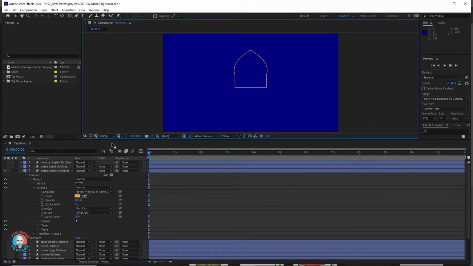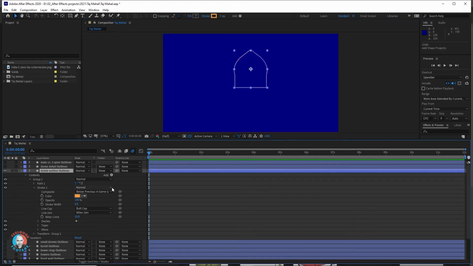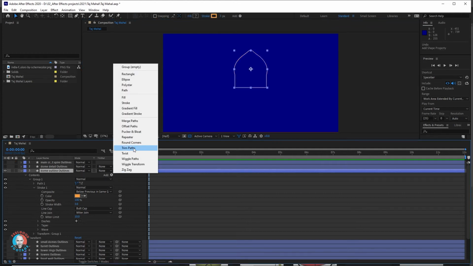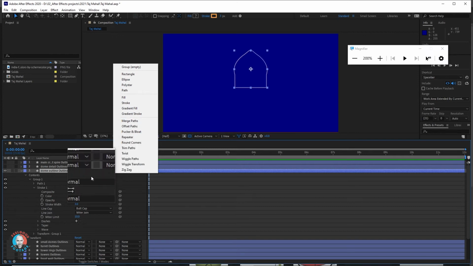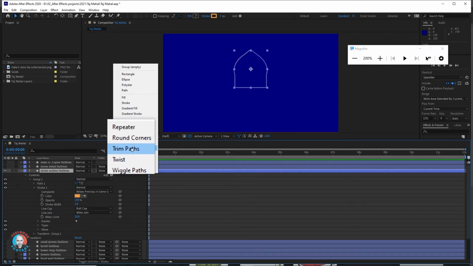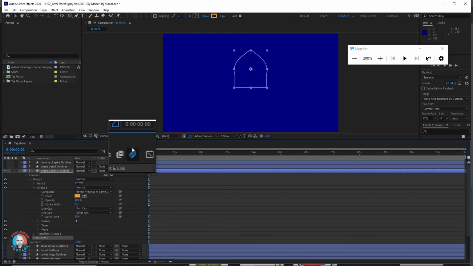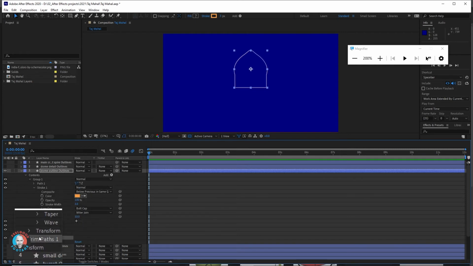Incidentally, I've also realized after the fact that instead of switching off the visibility for all the other layers, I can in fact just solo the visibility of the layer I'm interested in, or the layers I'm interested in as I go further along the process, by pressing this button. I'll do that next time. So all I need to do is go to the Add button and choose to add a trim path. That creates a new parameter for this layer, Trim Path 1, which gives me 3 properties to work with: Start, End, Offset.